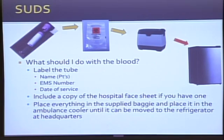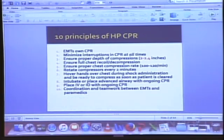Hospital face sheet if you have one, if you transported the patient. And then this is analyzed and goes into the study. So, does any... no. One thing we didn't talk about, and we have had it pop up occasionally,